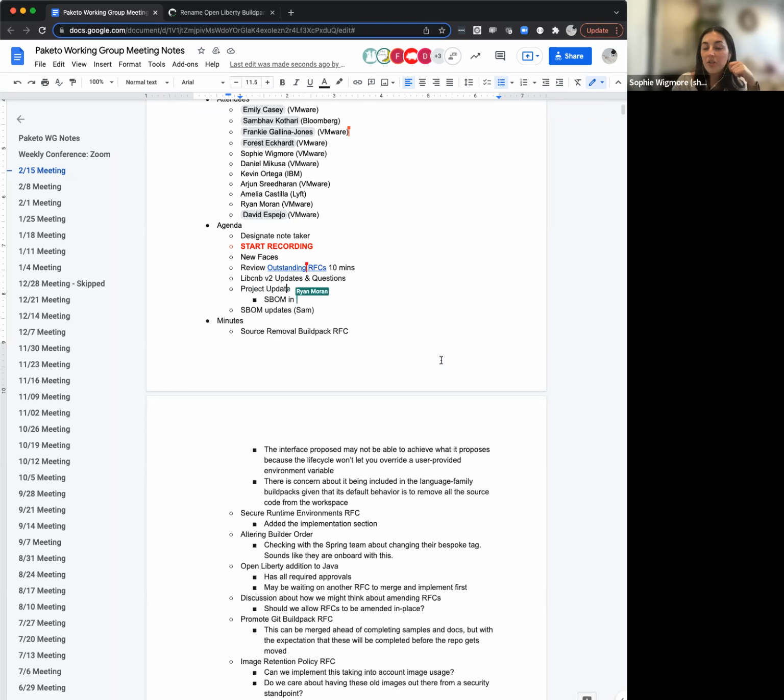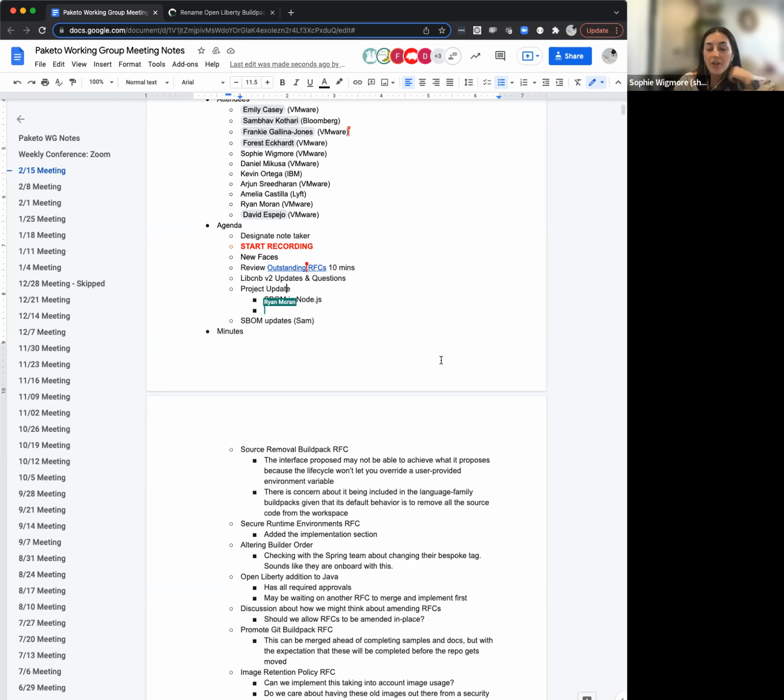We are also in the process of working on a PHP buildpack rewrite. So we're going to be reorganizing and restructuring all the buildpacks in that language family, and then also rewriting anything that isn't written in Packit to use Packit. So they'll be a little bit more in line with the non-Java Paketo buildpacks. I can post a link to the related issue if anybody is interested and wants to follow along with our progress.